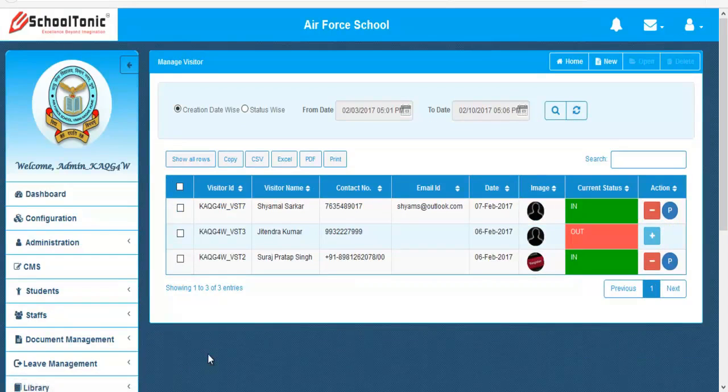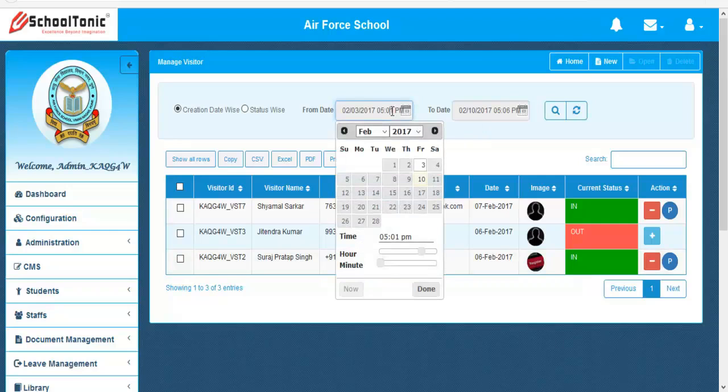When you first land on this page, you can view the details of all the visitors of the last 7 days. These are the details of the visitors. You can check the from date and to date, which is the last 7 days. You can change the date